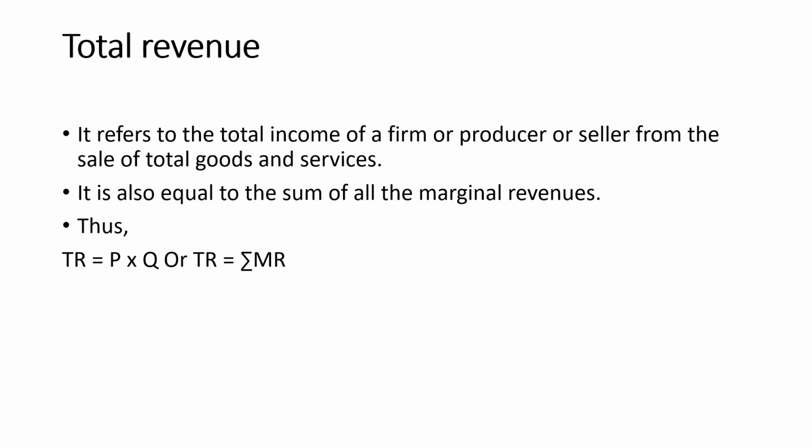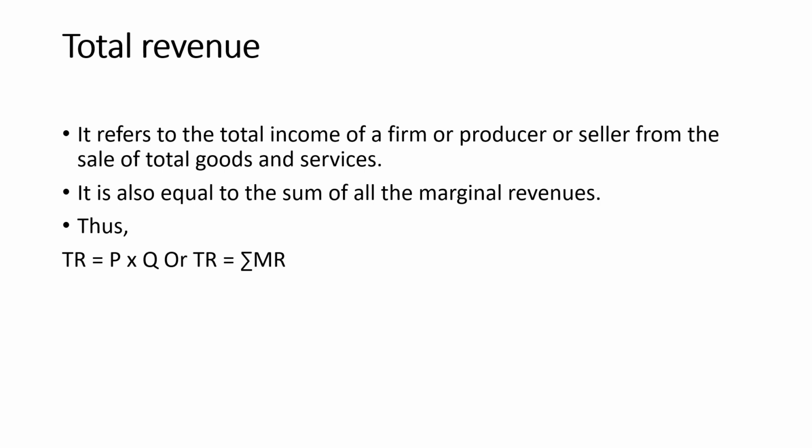Here we need to understand the difference among total revenue, marginal revenue and average revenue. That's very important. Okay, when it comes to total revenue, it is the total income that a firm earns from selling its goods or service in the market. Now it is equal to the sum of all marginal revenue. And when it comes to notation, we can say that TR, that is total revenue, is equal to P into Q, that is price into quantity sold in the market, or